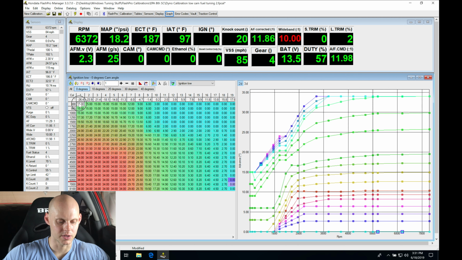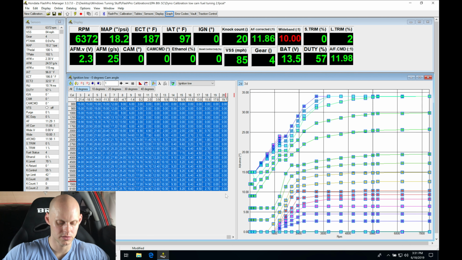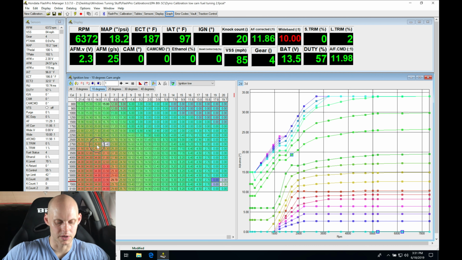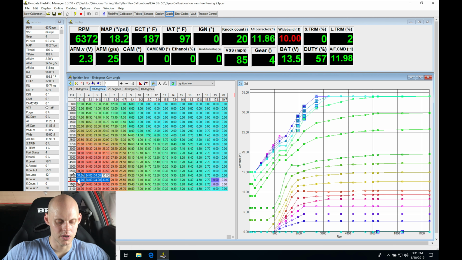So now that we've copied our fuel, let's jump into our spark table here, and let's go ahead and copy this as well. So column 1 through 20, I'm going to copy, move into my 10-degree table here, and paste. But what I am going to do, and I talked about this before, let's go ahead and save this. I am going to go here and add 2 degrees